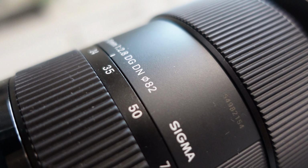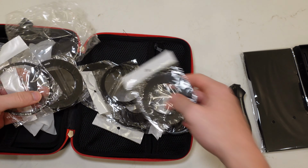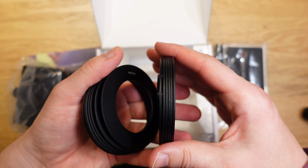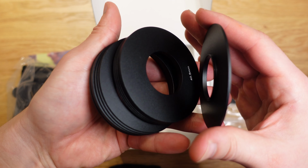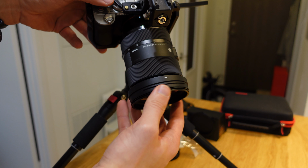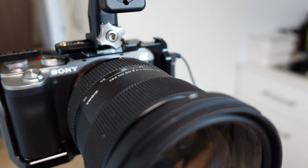So this supports anywhere from 49 to 82 millimeters. That's quite a wide range of support. Now the Parrot teleprompter goes all the way down to 37, all the way to 82 millimeter support. But when it's going such a small size, that's going to really introduce field of view issues. We're going to talk about that later, but it's kind of hard to use a wide angle lens on the